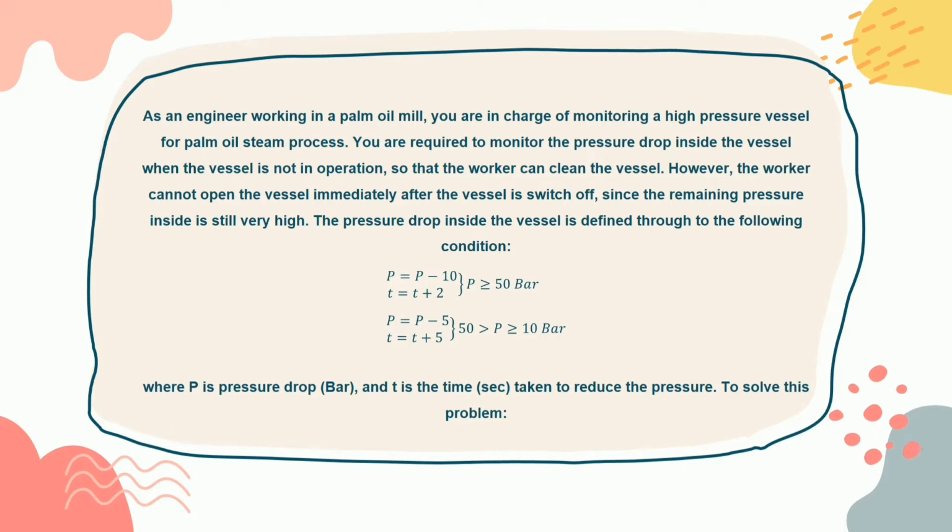However, the worker cannot open the vessel immediately after the vessel is switched off, since the remaining pressure inside is still very high. The pressure drop inside the vessel is defined by the following conditions. When P is more than or equal to 50 bar, P equals P minus 10, T equals T plus 2. When P is less than 50 and more than or equal to 10 bar, P equals P minus 5, T equals T plus 5, where P is the pressure drop in bar and T is the time in seconds taken to reduce the pressure. To solve this problem,